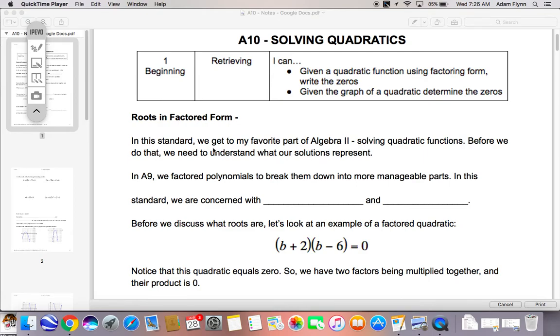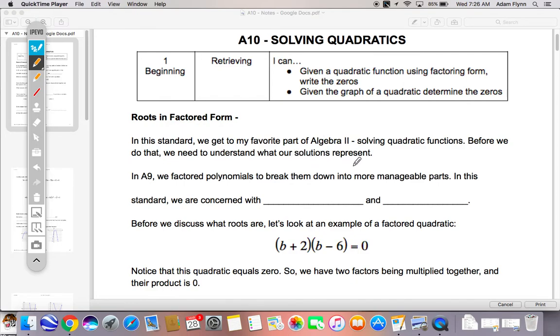This is A10, roots in factored form. So this is the beginning of A10, and it happens to be probably my favorite part of Algebra 2, which is solving quadratic functions. Before we do that, we need to understand what our solutions represent. This is my favorite part because what these solutions represent, we could be given a variety of word problems and projectile motion problems that we'll see in future videos, and just a bunch of real-world applications and solutions that